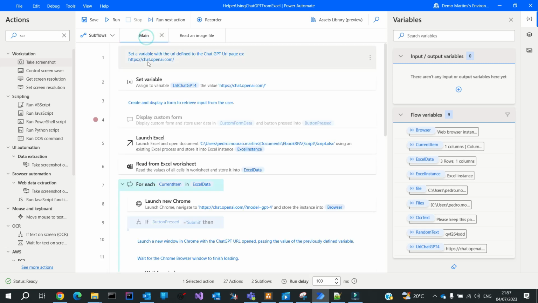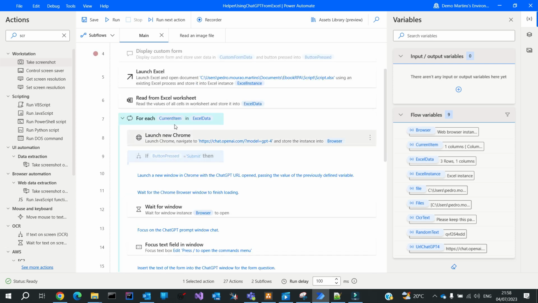So the main activities of our flow are the ChatGPT URL, launch the Excel, read a worksheet,